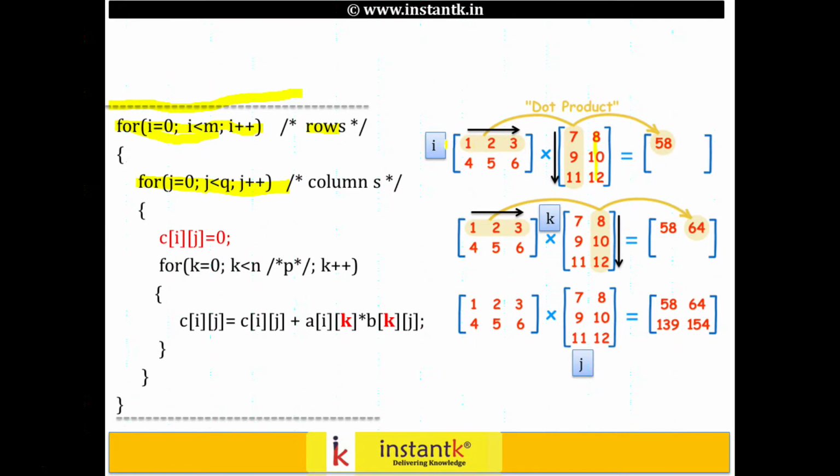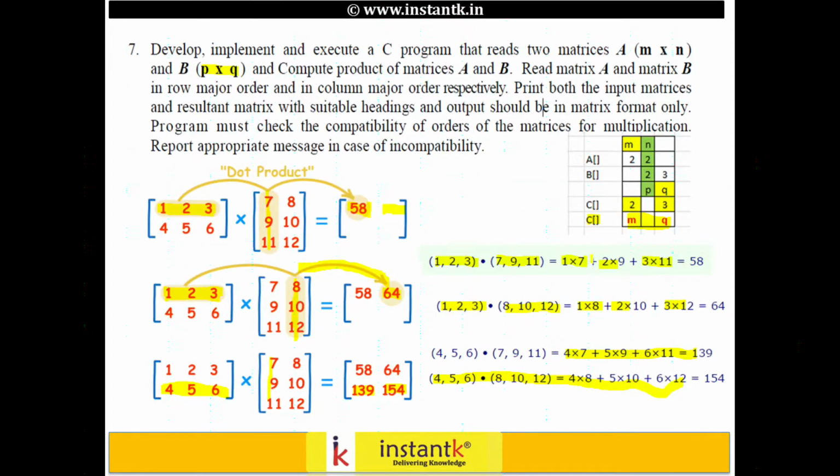So basically the row i is going to be here. It's from the matrix A. The j is going to be from the column. Okay, i represents the row, the j represents the column. So there is a for loop from M, first matrix A, and the column of second matrix, that's Q. Okay, this is because the output is going to be M into Q. The order is going to be M into Q.